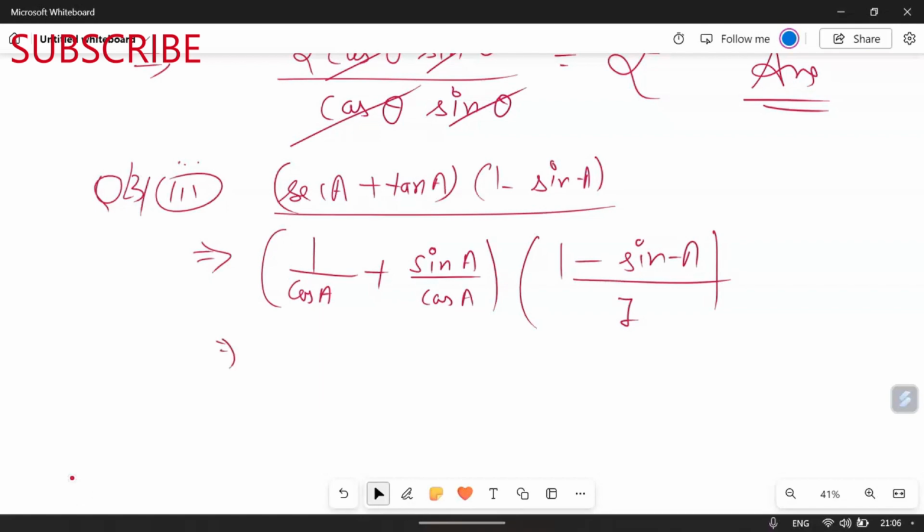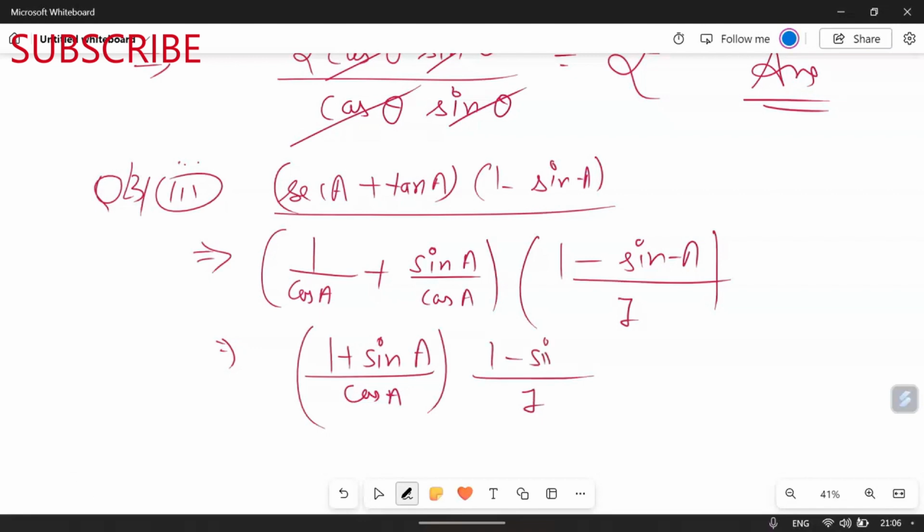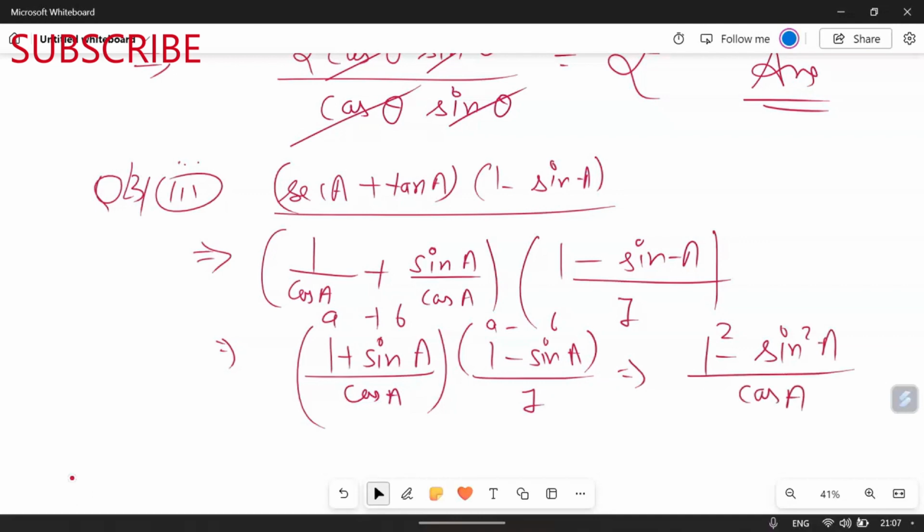So simply it's a very easy one. If we take the LCM, cos a, on the above 1 plus sin a, and below it is 1, that is 1 minus sin a. In the last question we have done the same thing. Here it is a, it is b, and here it is a and it is b. So 1 plus sin a, 1 minus sin a, that will be your 1 square minus sin square a divided by cos a. So if we go ahead,